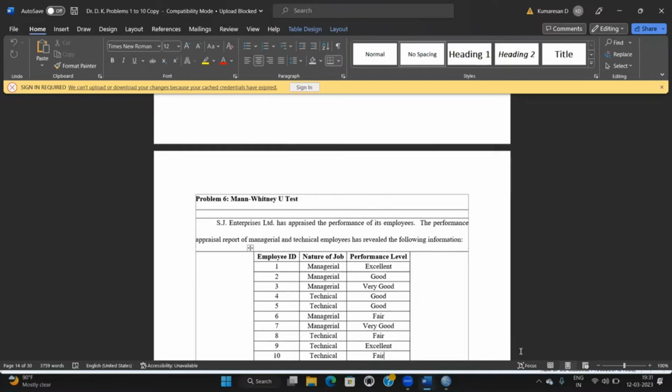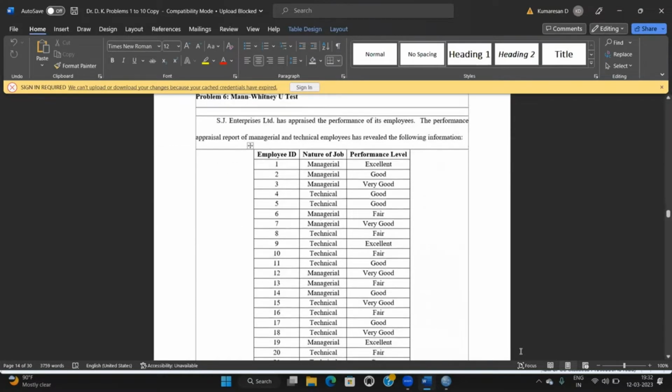The data should be ordinal data. So at the time of constructing your questionnaire, you can decide your questionnaire like this. The question should be framed like the ordinal data. That's all. So next one,